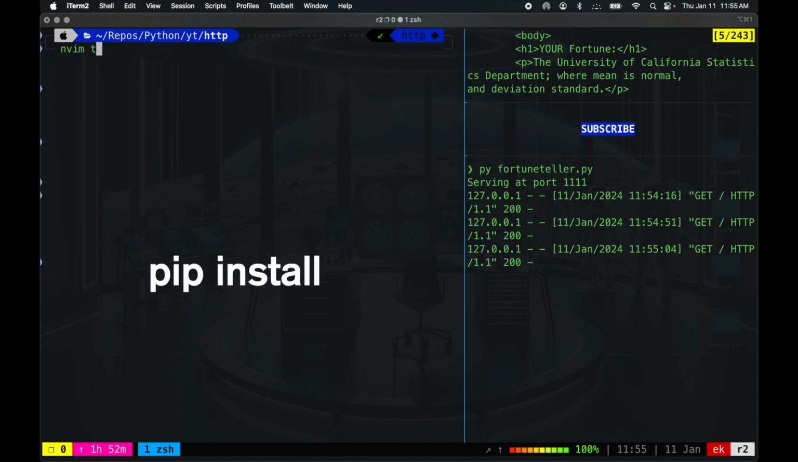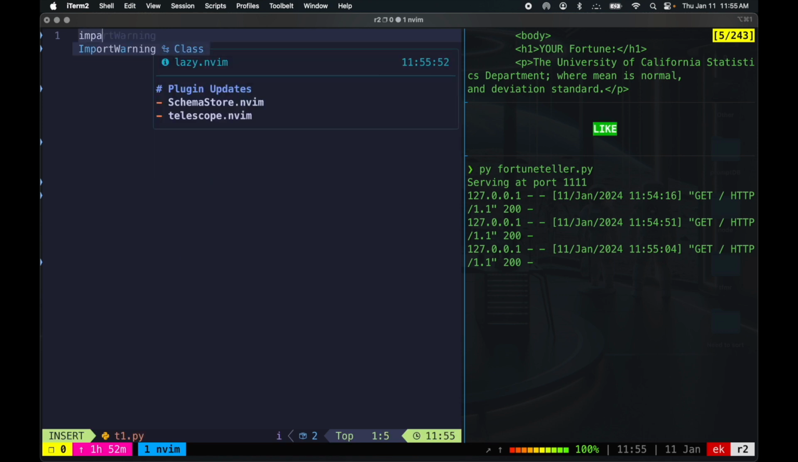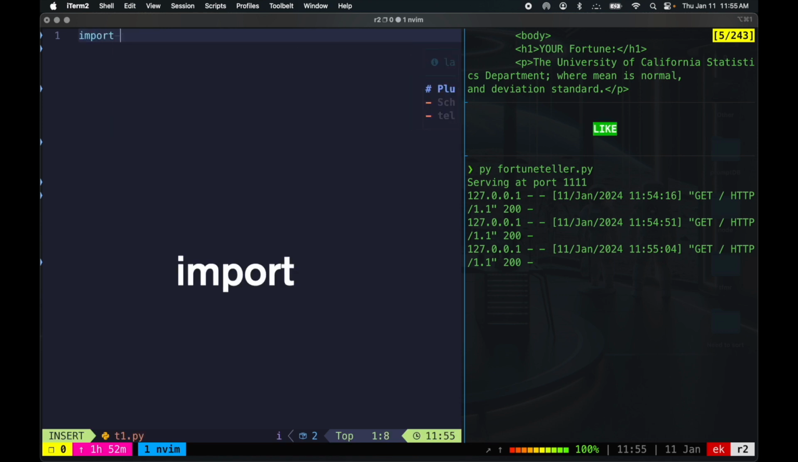Let's call it tutorial1 t1.py. I'm gonna import HTTPX and import